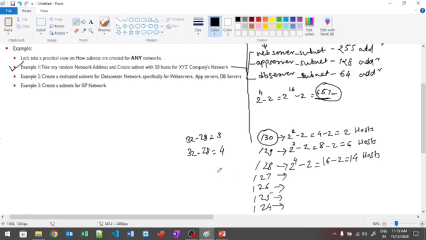24. So 32 minus 27 is equal to 5, and 2 raised to the power of 5 minus 2 is nothing but 32 minus 2, which is equal to 30 host or IP addresses. Then 32 minus 26 is equal to 6. 2 raised to the power of 6 is 64, minus 2 is equal to 62 IP